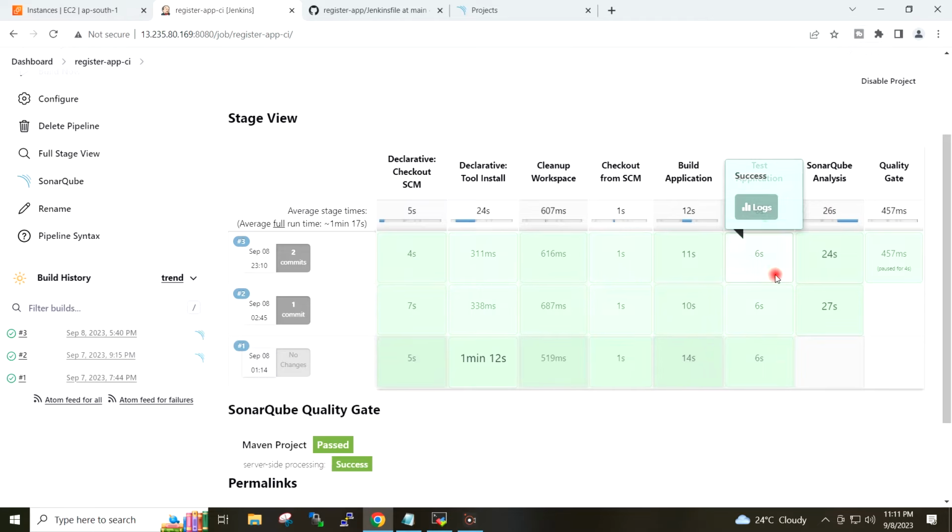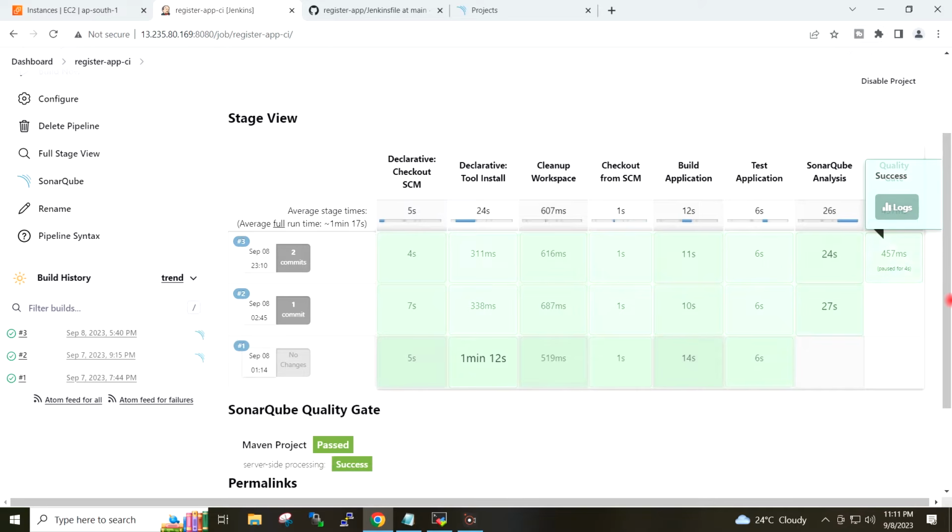So the job completed successfully, and the one more stage for the quality gate has been added to our pipeline.